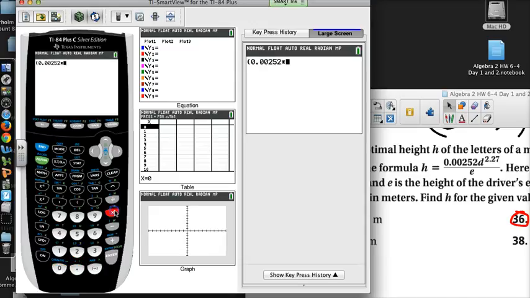0.00252 times, and then I'm going to go ahead and just plug in the d value and then raise it to a power because my calculator knows the order of operations. So our d value for this one was 100 to the, and now this is the 2.27 power,